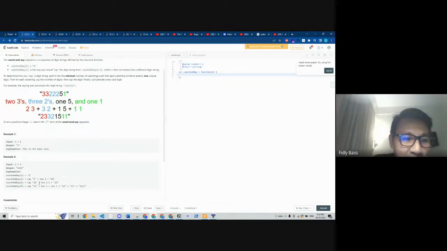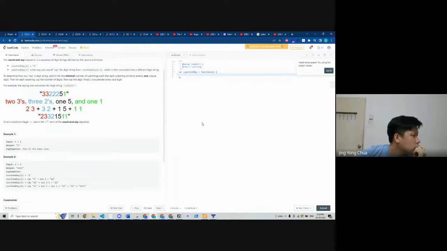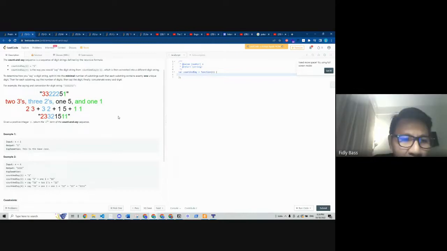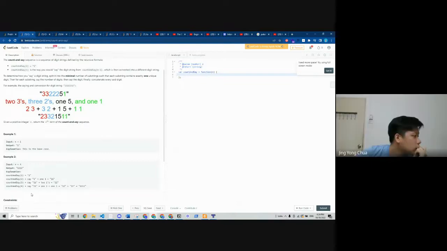If the string is n, return the n-th term of the count and say. Oh yeah, weird, n-th term. Say 2 1. N-th term of the count and say. 1 2 1 1. Okay, like this one I get it, but where do you get this number from though?